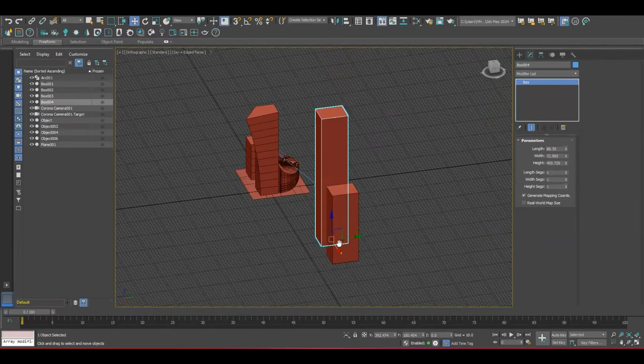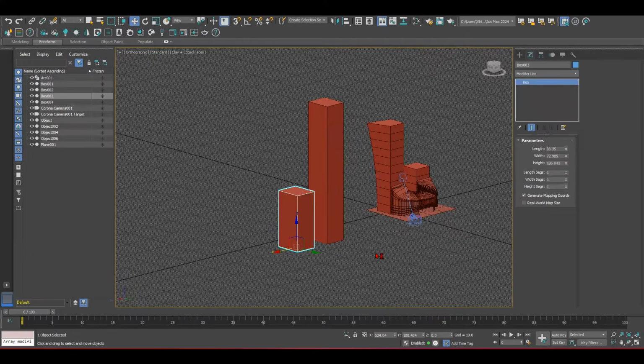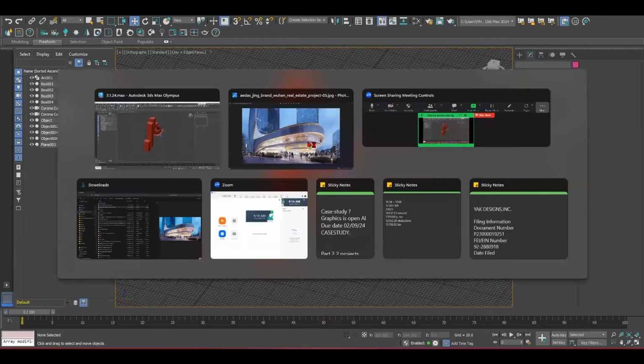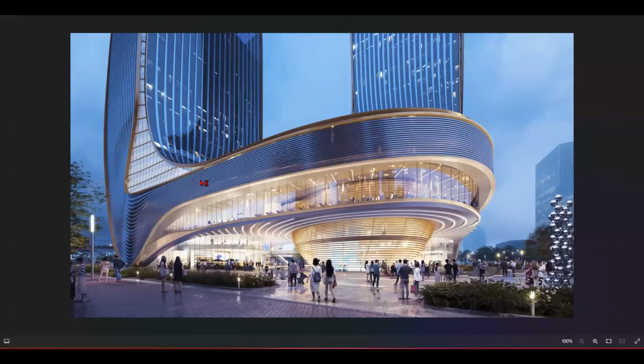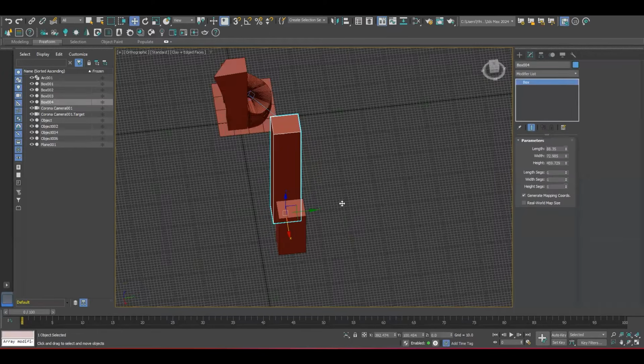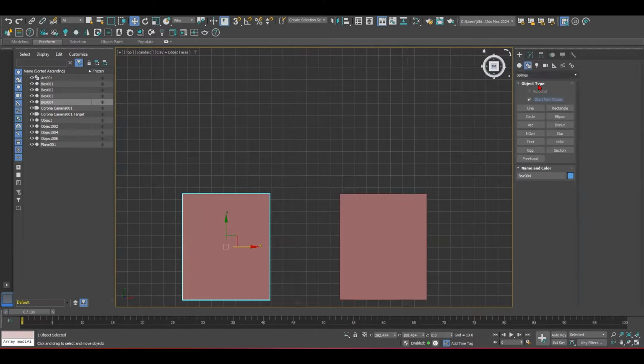So we can reduce the height of this one too. Right, so now the main part is to connect the plaza with the two facades. In order to do that, I will create an SP line, an arch between the two forms, to get this plaza.